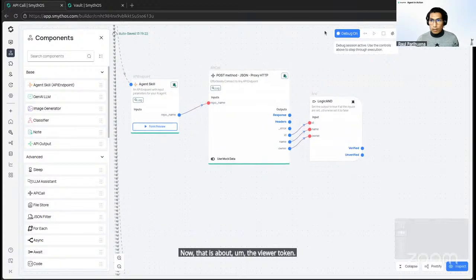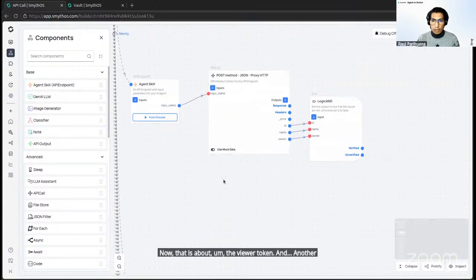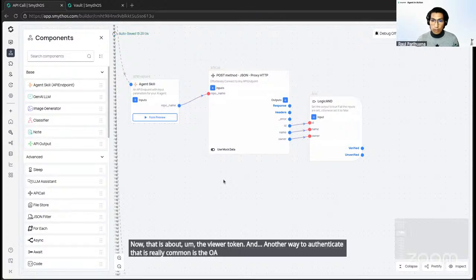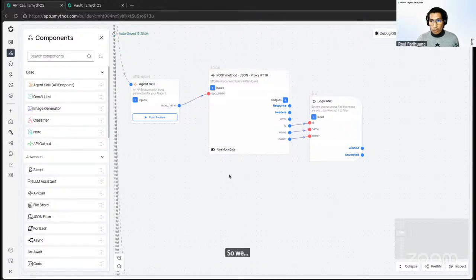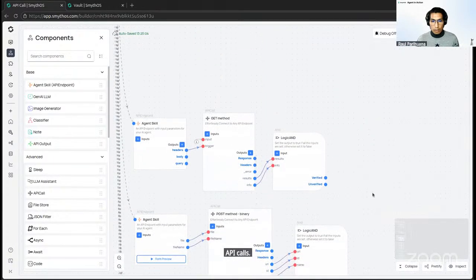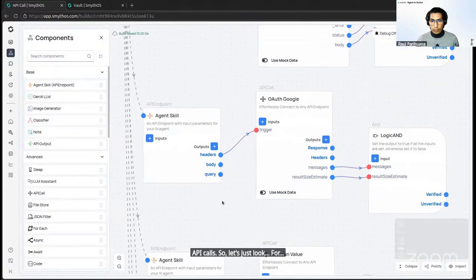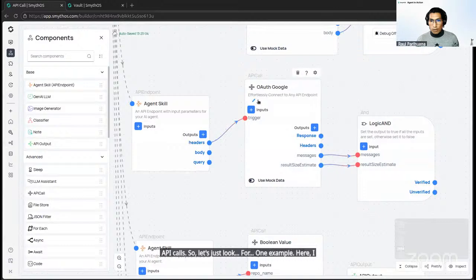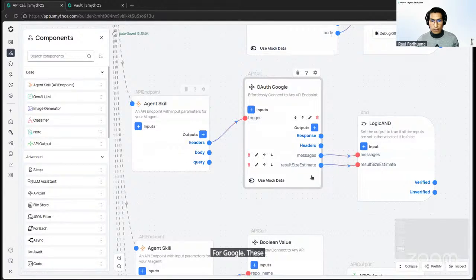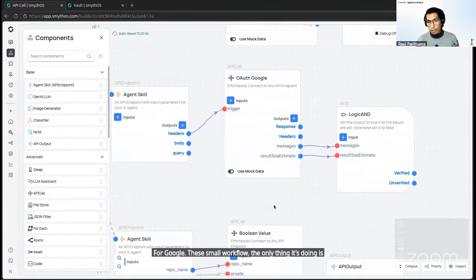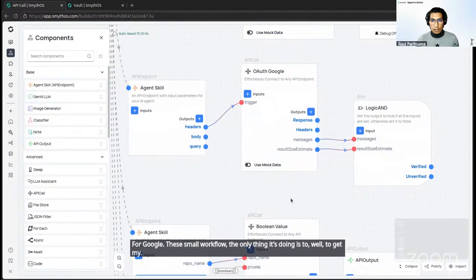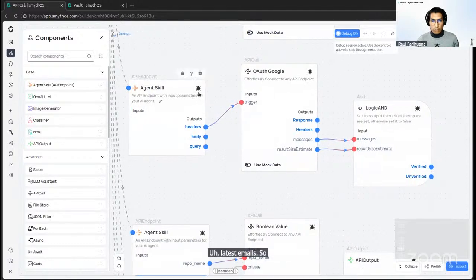Another way to authenticate that is really common is OAuth. So you can also use that kind of authentication in your API calls. Let's look at an example. Here I am using OAuth for Google. This small workflow, the only thing it's doing is to get my latest emails. So if I execute this,